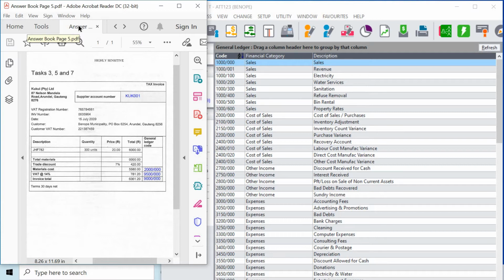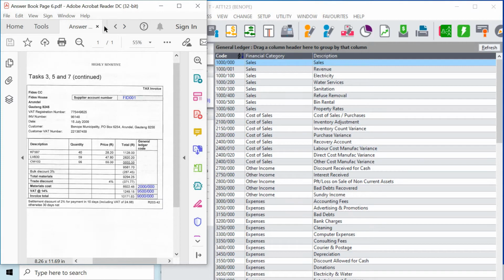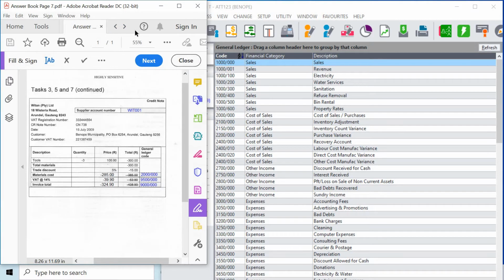7, 6 and 5. So we begin with page 5, then page 6, and then our supplier credit note on page 7. Our supplier credit note on page 7,